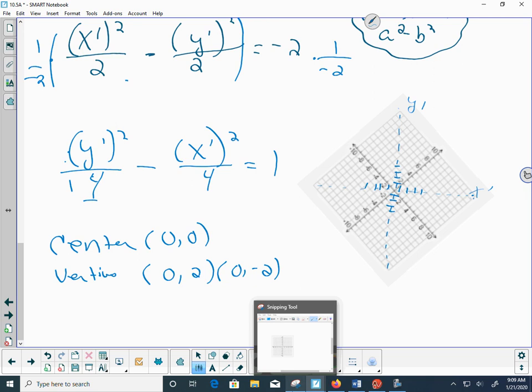Wait, but since the y is first, wouldn't it be vertical then? Yeah, it would. So then, yeah, I'm asking that question because, yeah. So I put my vertex here and I put my vertex here. How do we know